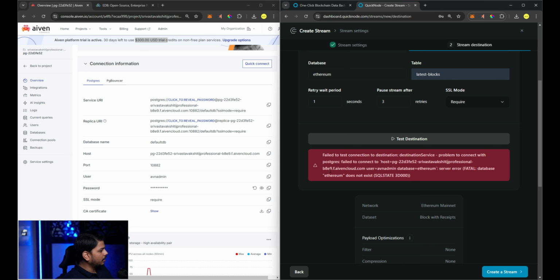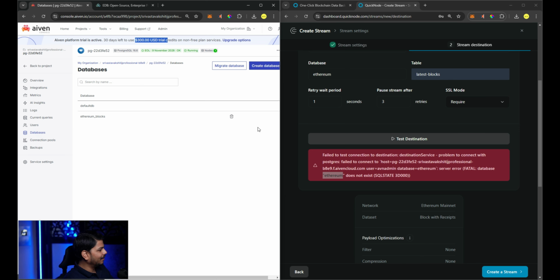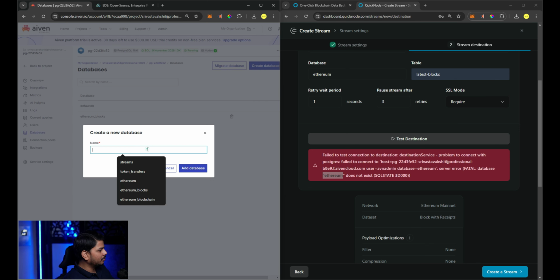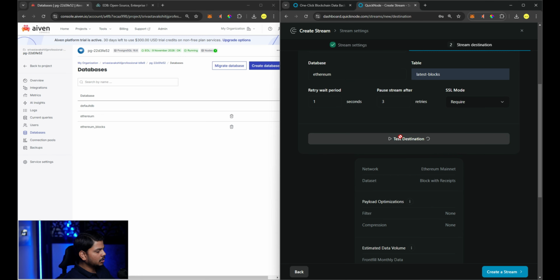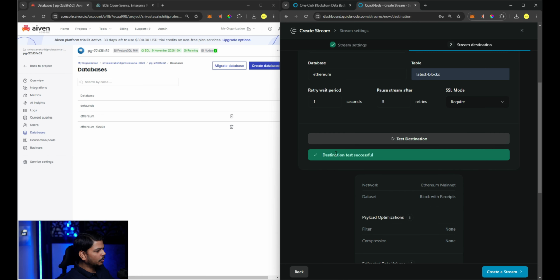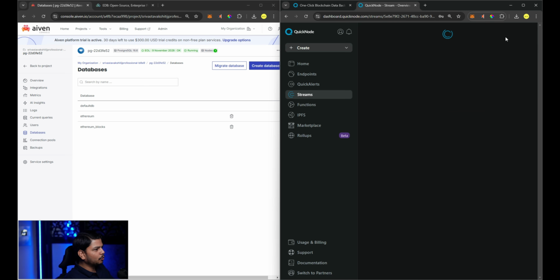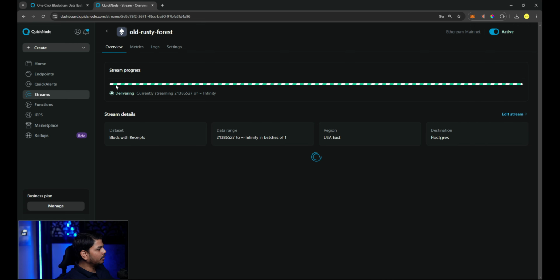Okay, so it is saying that the Ethereum database does not exist, so that's why we need to check the destination, right? So let me create a database by the name of Ethereum, and I will simply do add database. Great. Now let me check the destination. Okay, great. Now we can create a stream,